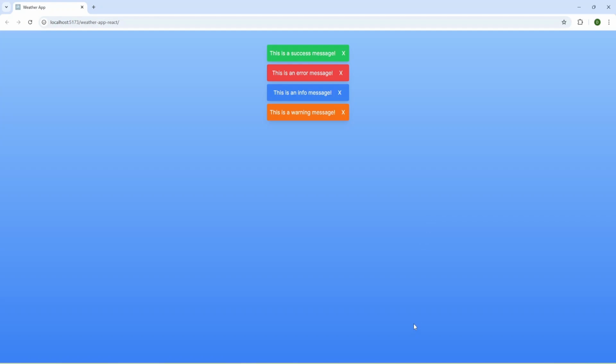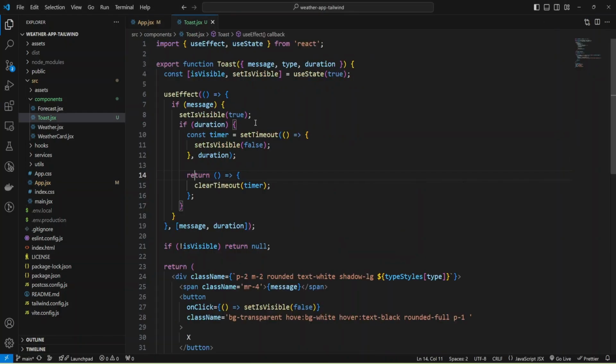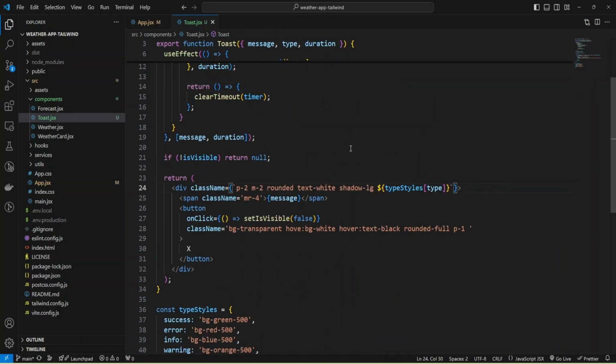Let's add some styles to animate our component and align the items. I'm going to add more styles to my container. We add it rounded, and also make it white with a shadow.